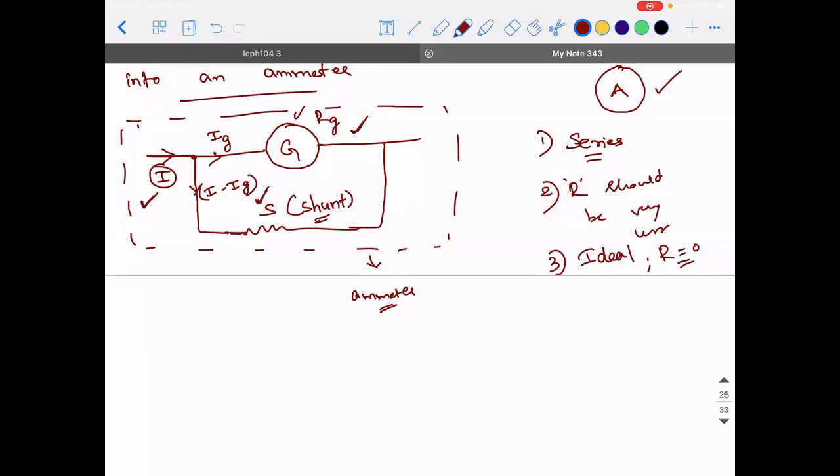Clear? Am I clear, guys? Yes, sir. So I want you all to make all these logical statements, or else if you don't understand and study, you'll tend to mug up. This is a very, very important concept, and I've seen questions often getting repeated from this topic. So please make clear notes on that, okay?